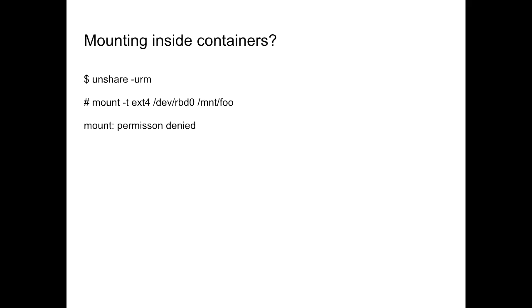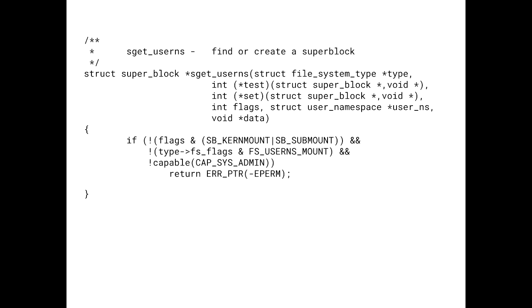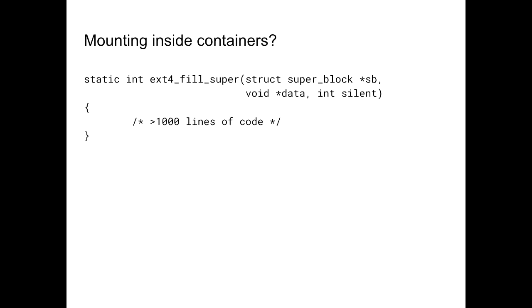Something else you might be interested in doing is mounting from inside containers. There is a flag, I think it's called fs user ns mount or something. Particular file systems can enable being mounted from inside an unprivileged container, but in general this is not supported. And the code basically looks something like this. You can only do mounts as real root,